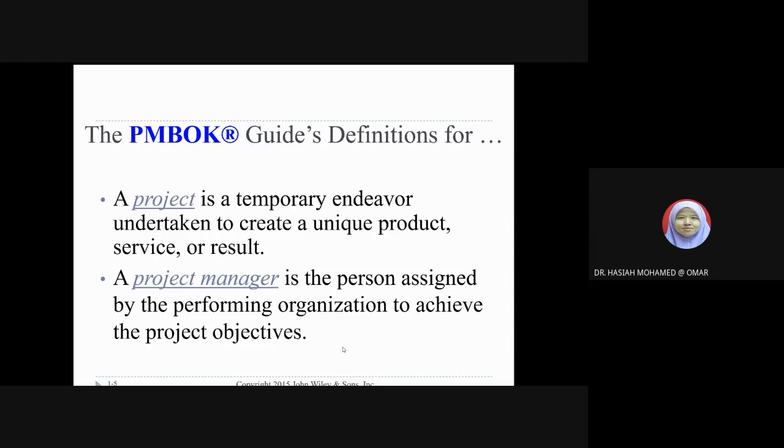When we talk about objective, okay, let's relate to your final year project, ISP640. I believe that all of you already have your own objectives, and normally it's three. The first one is to identify blah blah blah. The second one is to design and develop a system or multimedia application or model or something. And the third one is to evaluate the usability of the system.